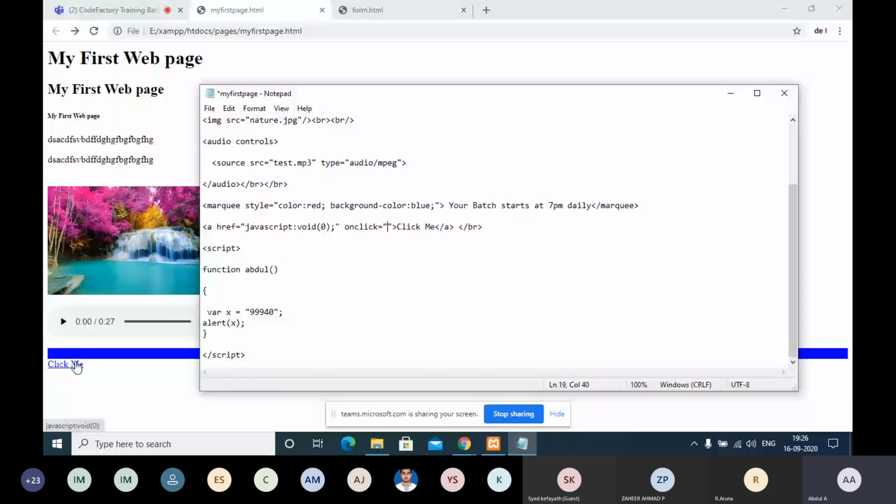Now I am giving return confirm. Confirm is a function. Are you sure? For example, this is the confirmation. Whatever text we can put, not an issue. So what it will do is first it will take the confirm functionality and then it will return.